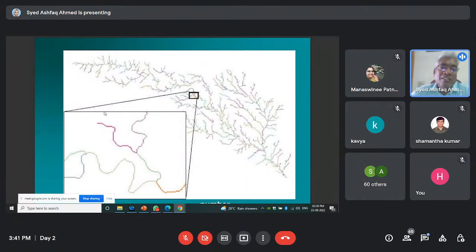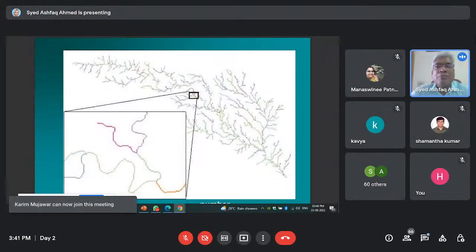So starting from first order, second order, third order: two first orders will join together to give a second order. Two second orders will join together to give the third order. Like that, different streams can be joined together to give different stream orders. These are all very important aspects in